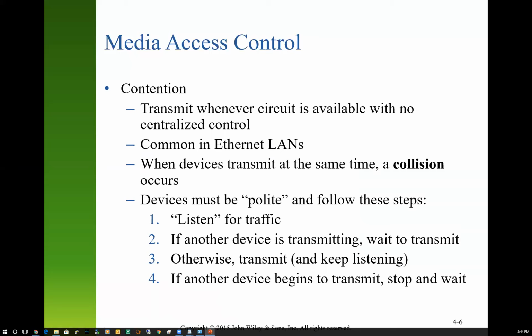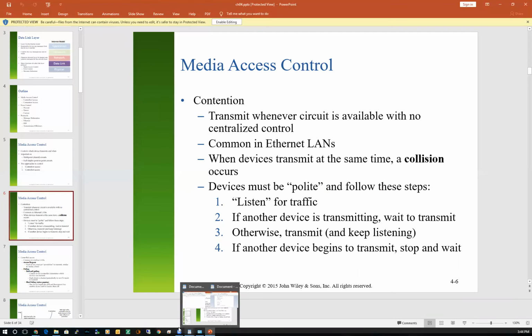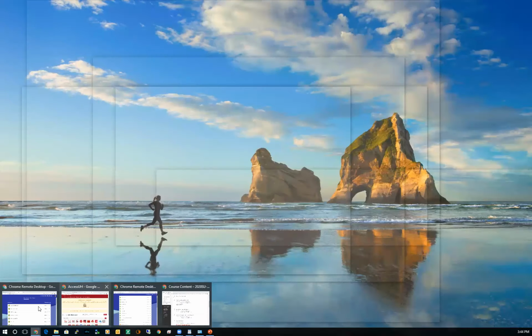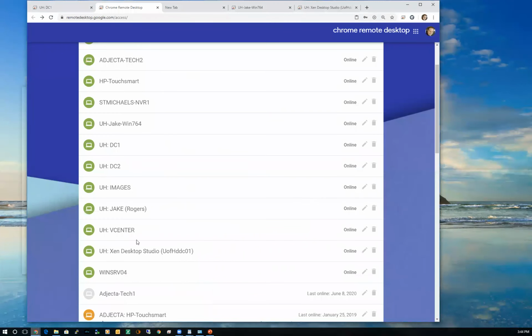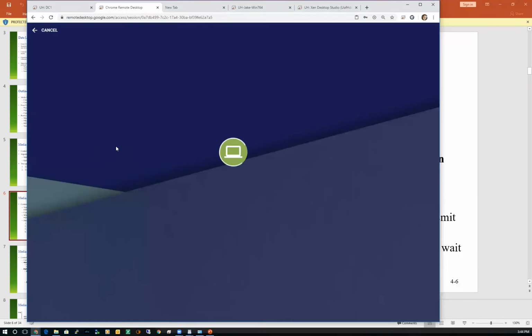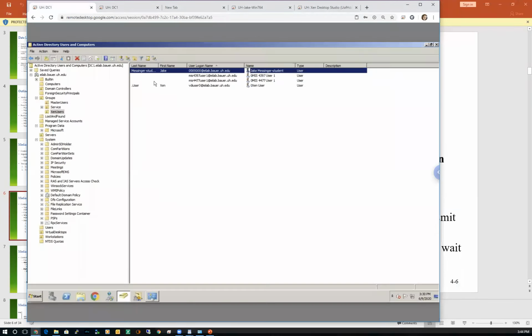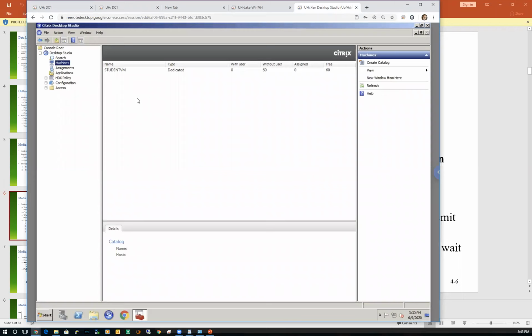How are we doing on time? We're okay on time. I'm gonna go right up till 4 o'clock, by the way, okay? Actually, let's check and see how our virtual machining is going. Connectivity. How's our virtual machining going? Zen Studio.